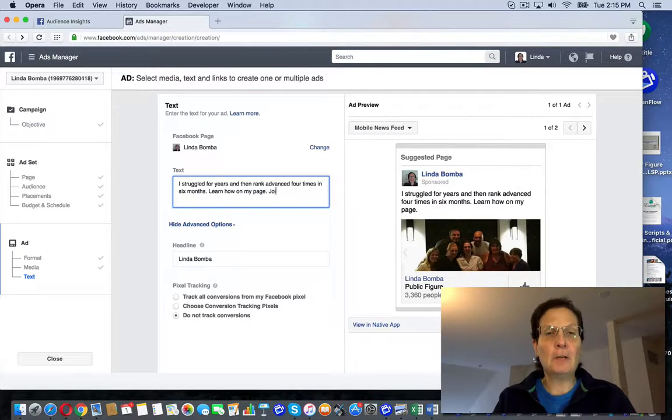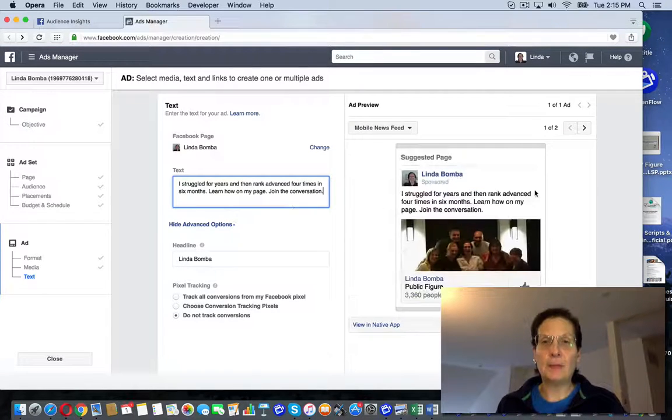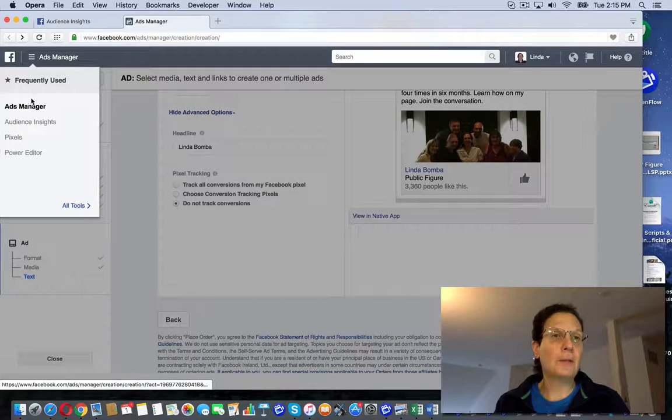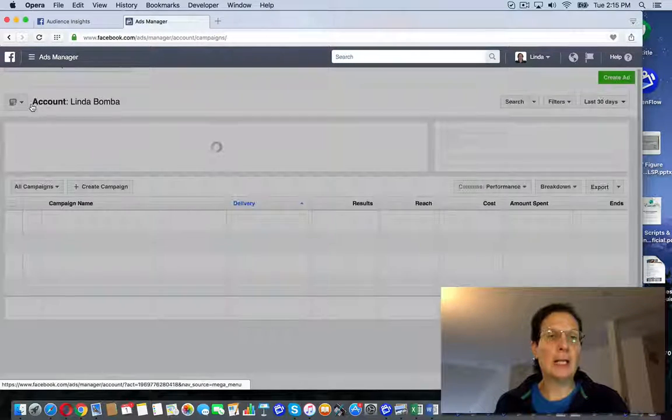And you can see over here on the right that Facebook is pulling up what it's going to look like in my mobile news feed. You don't want to hit any conversions on this. It's not that kind of ad, but then you would hit place order. But just some other things, if you come back here to your ads manager,